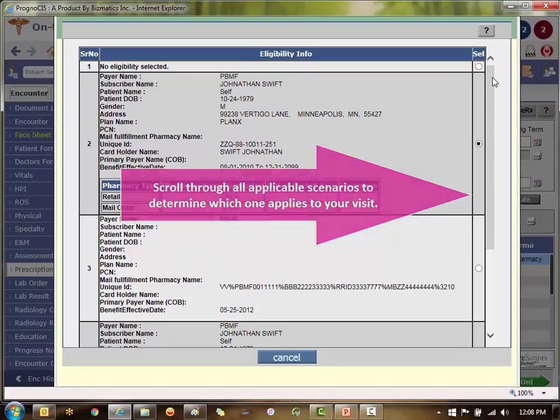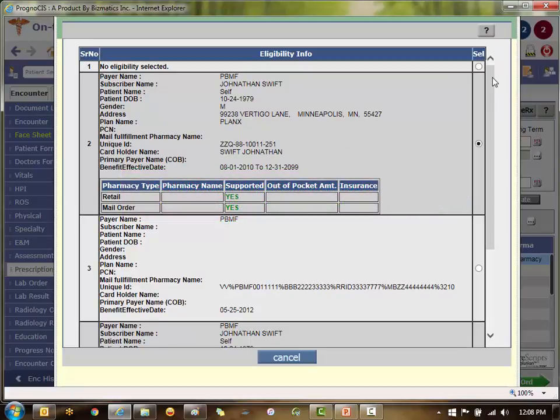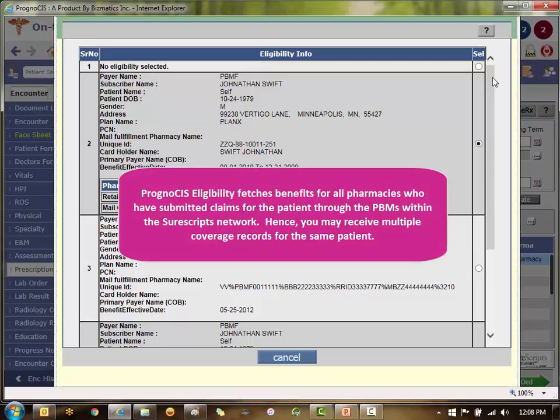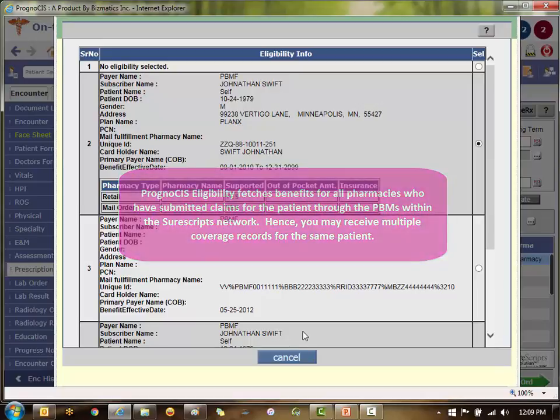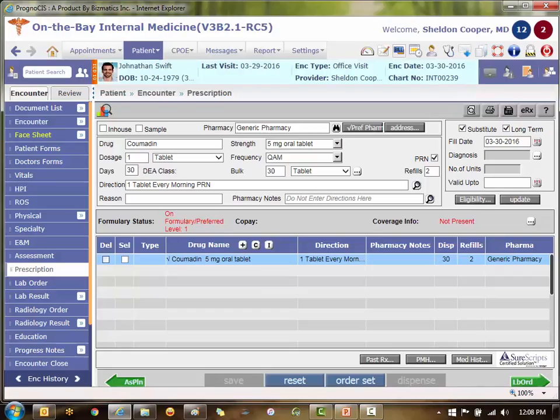Now the reason there could be multiples, of course, is going to vary from one patient to another. Perhaps the patient has had multiple insurances, or there have been different pharmacies or different pharmacy benefit managers that have processed claims for the patient. In any event, you can look through all of the ones to determine which one is most appropriate. So these 2 examples show how when the benefits are fetched from SureScript, they are specific to a patient and